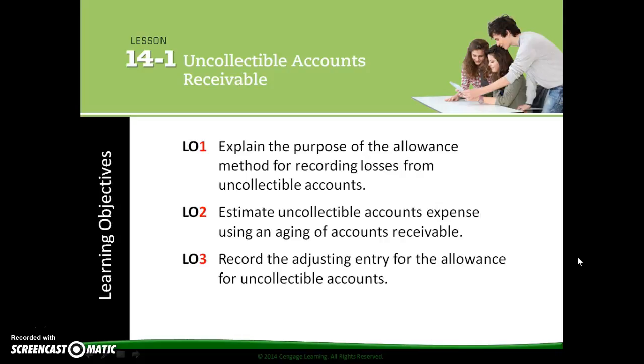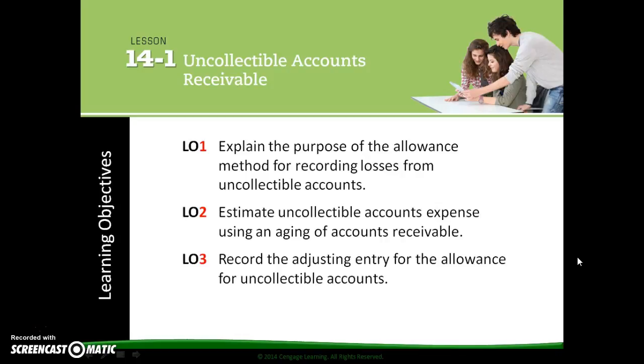So we definitely want to be thinking about why it is that businesses allow customers to buy on account and why it is that in some cases individuals or businesses can't pay their balances that are due within a certain business. So, as we think about even just the concept of an IOU, sometimes people don't pay back the money that they owe us. And so we have to consider what it is that we do from a business perspective